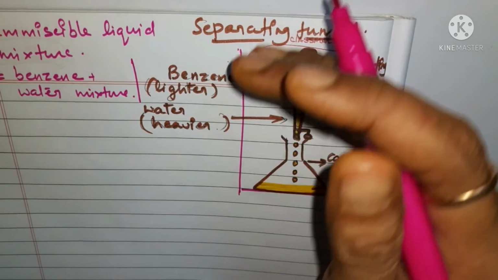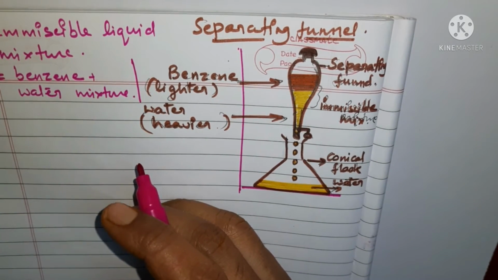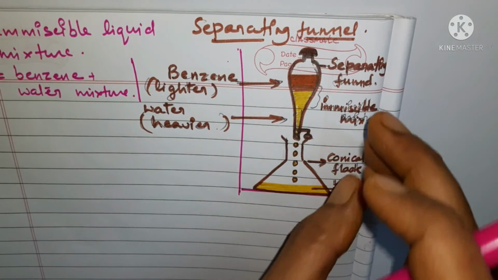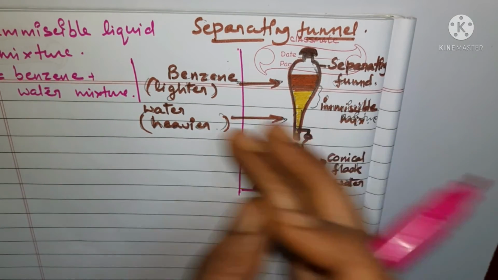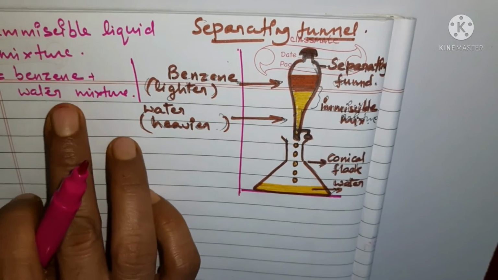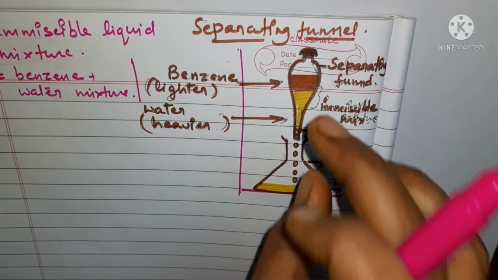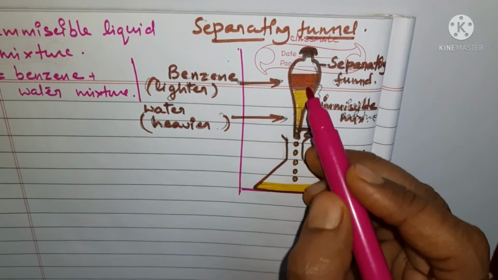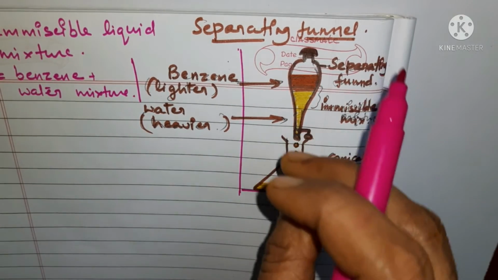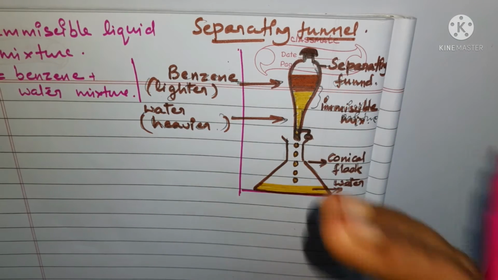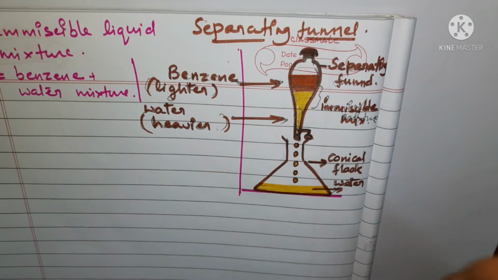Okay, it will go up. What happens is that as soon as you pour this immiscible mixture of benzene and water into this funnel, it is not separated; you will not see this type of separation as soon as you pour it. After you keep it for some time, at least half an hour or more,